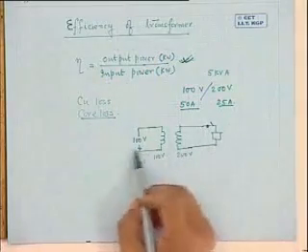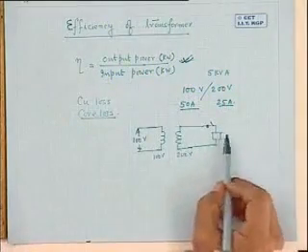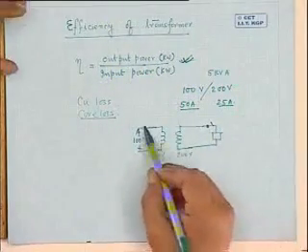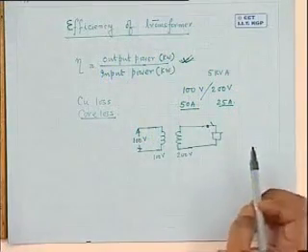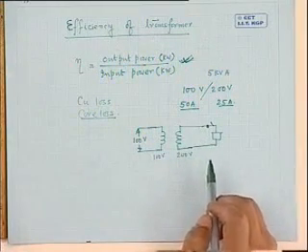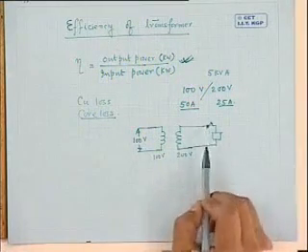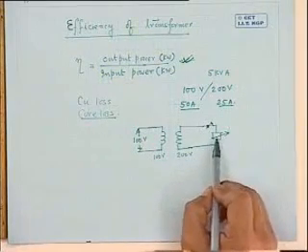Initially, how do I load the transformer? Let us first understand. You first energize the primary. You get 200 volt generated on the secondary. This switch is open, so the transformer only draws the no load current. Output power is 0. Now I want to load the transformer to its full capacity. What should I do? I will close this switch and